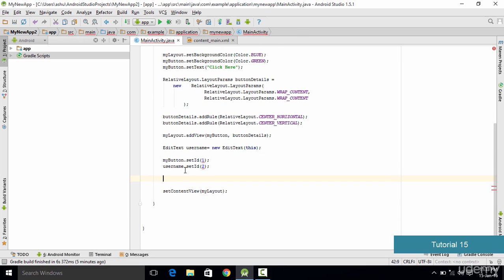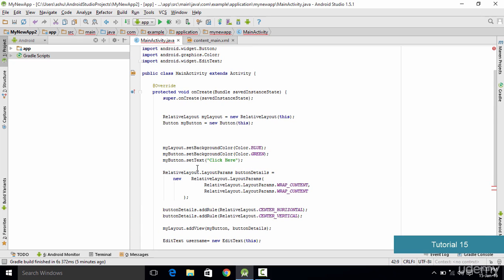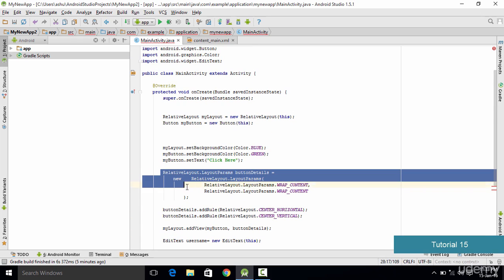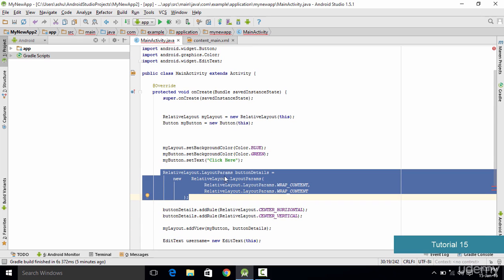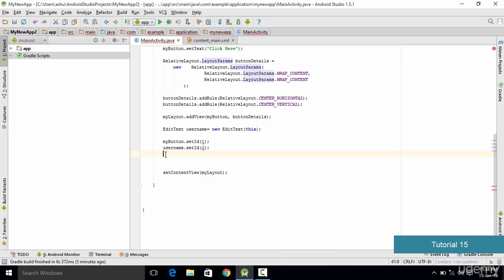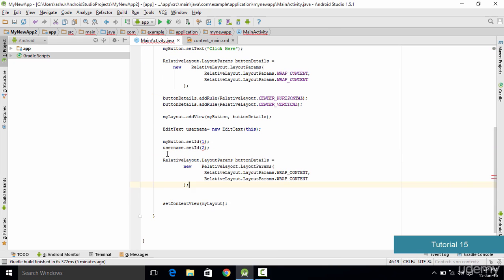Now once this is done, the next thing which we do is we want to make sure that the username has a proper layout. So in order to give the layout to the username, what we do is that we simply go ahead up here and we copy this line of code which is present here, which is used in order to set the layout for buttons. So we simply copy it, and as we are going to use the same method for setting up the layout, we just paste it and then we replace this button details by username. So let's say the user details are the details for the username, so we type